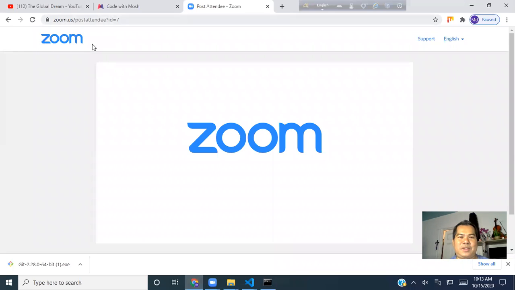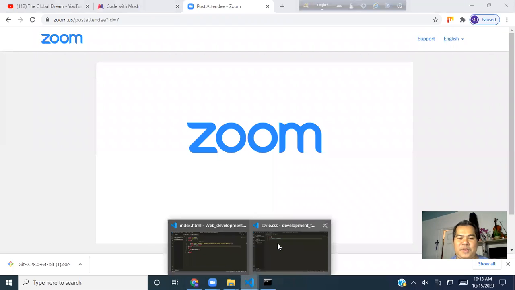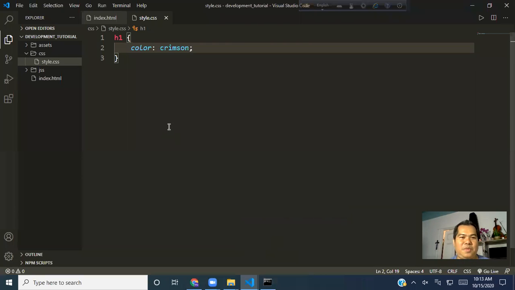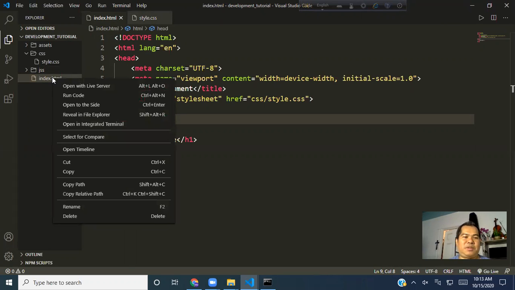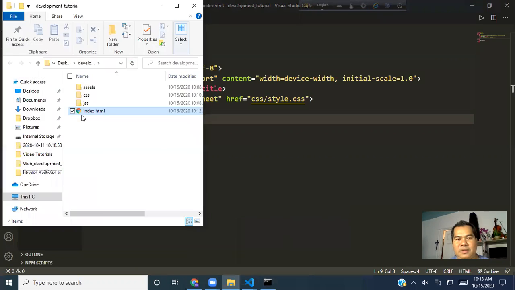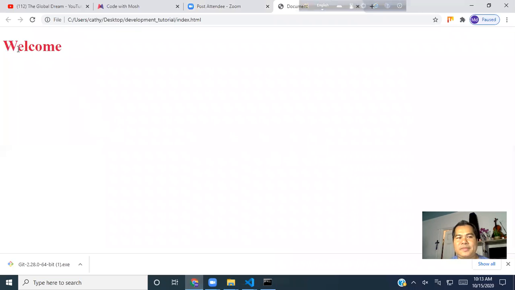This is our website, right? Oh, we didn't open it. So what we can do is right click, reveal in file explorer, then double click. Welcome,